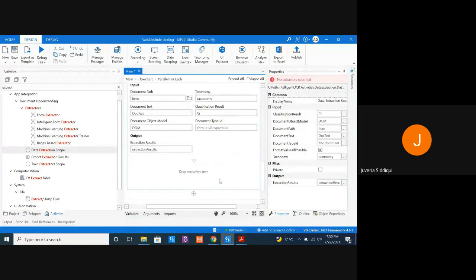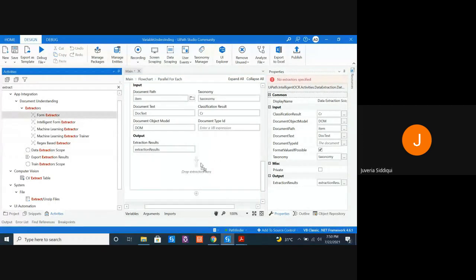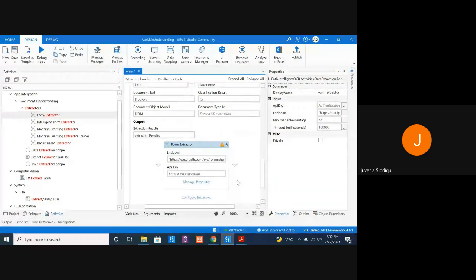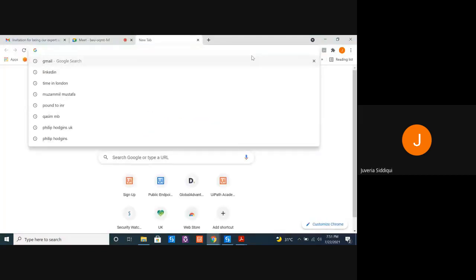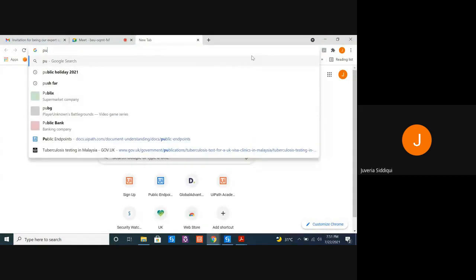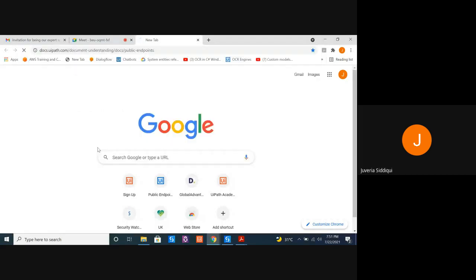Now let's start by using the form extractor first. If you see, your form extractor already has a URL and endpoint populated. As already mentioned in earlier classes, you will find the details in a document, public endpoints.